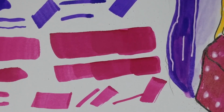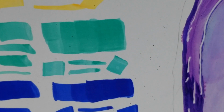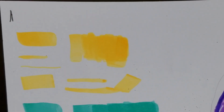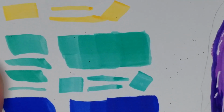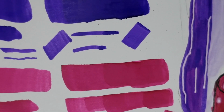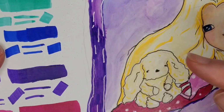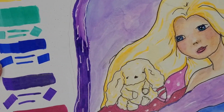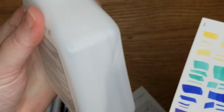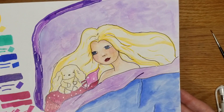From far away, it doesn't necessarily look like they're layering well. But as you can see, even the lightest shade with the lightest pressure, the green was probably the best at layering, but again, maybe because it was a little bit more dry, and the yellow kind of layered okay. But when you get into those darker colors, they layered, but you're not going to be able to do a whole lot of blending with these because the color goes down dark, especially if you watched when I put the lines here, they're just dark. So again, I just added some isopropyl alcohol. Tombow, you can yell at me if that's going to ruin my markers. But yeah, so that's what I created with today's